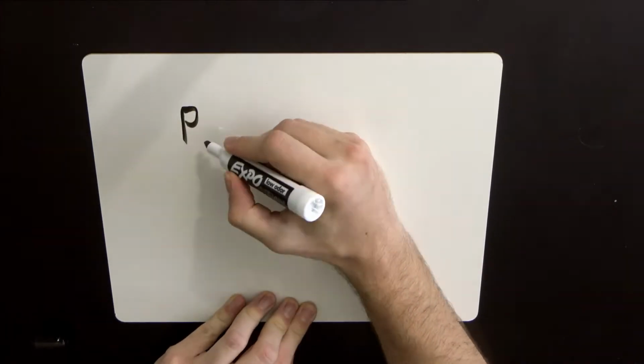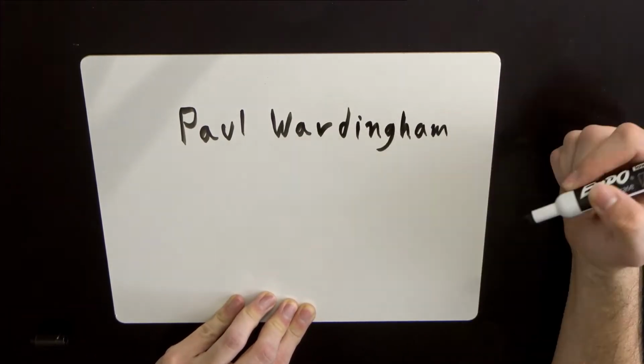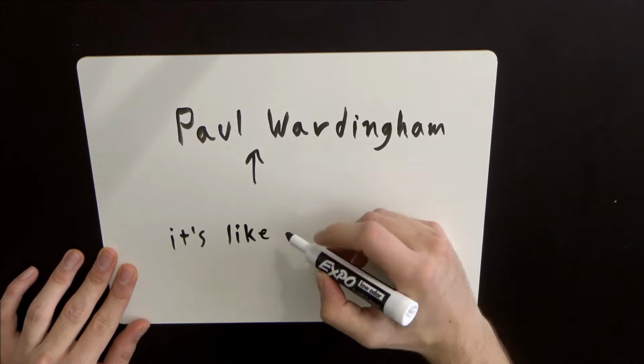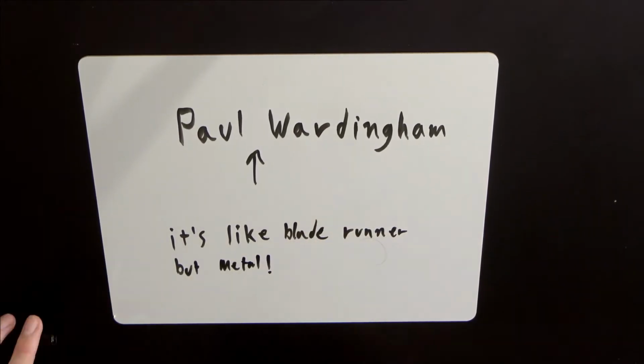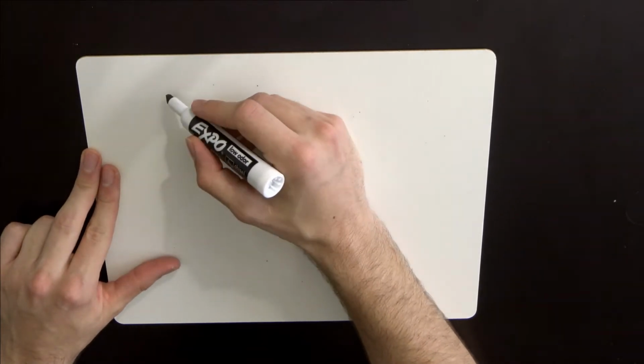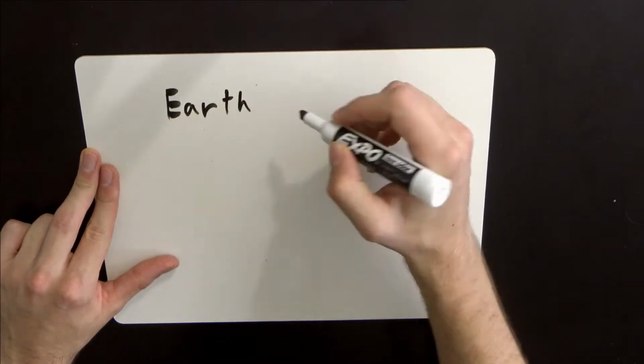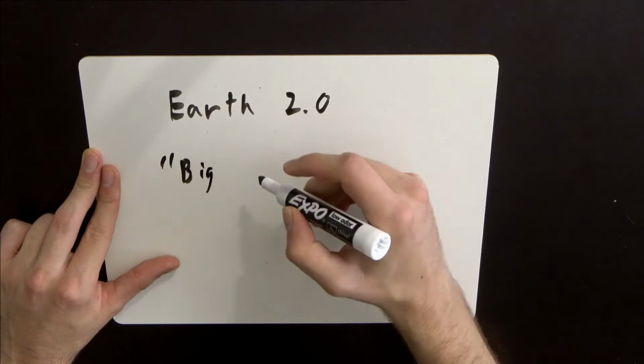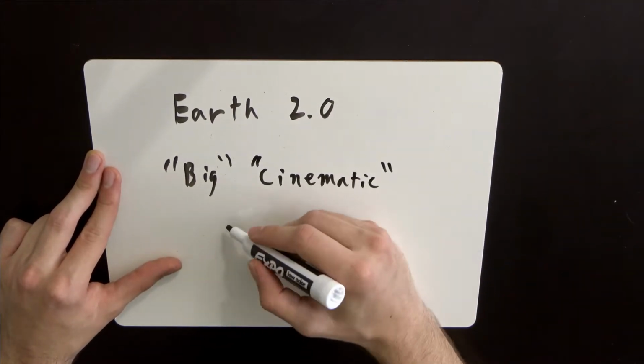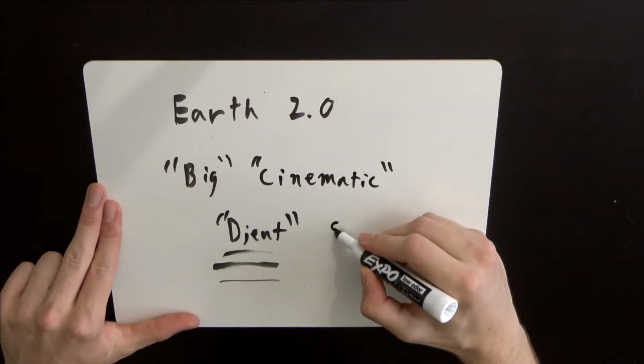Anyone who knows me probably hasn't heard me shut up about Paul Wardingham since sometime around 2013, mostly because he's cool, and great, and Australian, and writes nice sci-fi music that fills the unyielding void in my soul. But today I want to talk about what might be his most interesting piece of music, Earth 2.0 from the Human Affliction album. It's big, it's cinematic, it's tuned to drop E, but most importantly, it's got some really clever